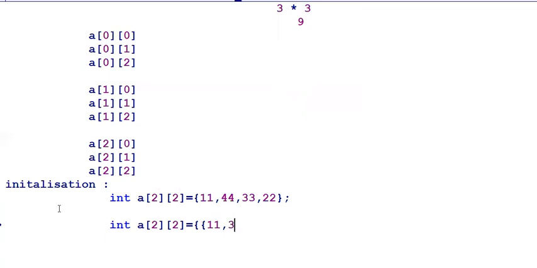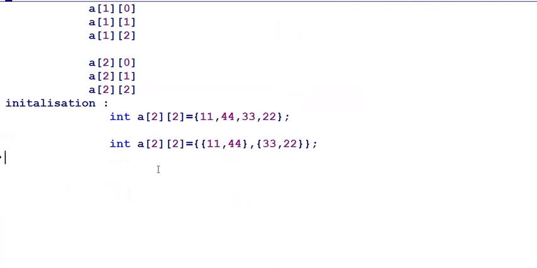So 44 is in the first row, that is the zeroth row, followed by 33, and 22 and 11 are the first row elements. Now when you see the elements like this, in A of 0 0, 11 will be placed.